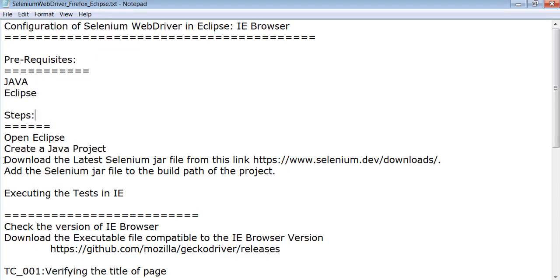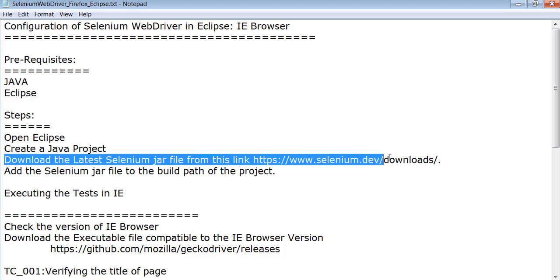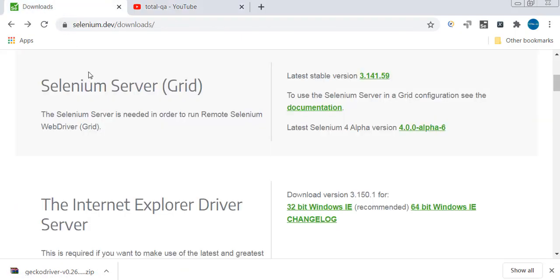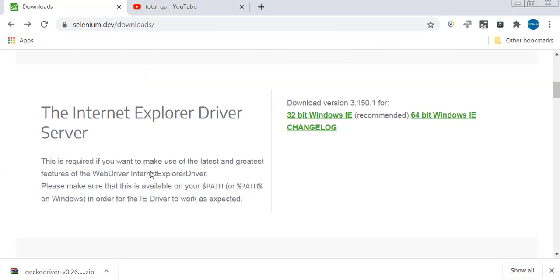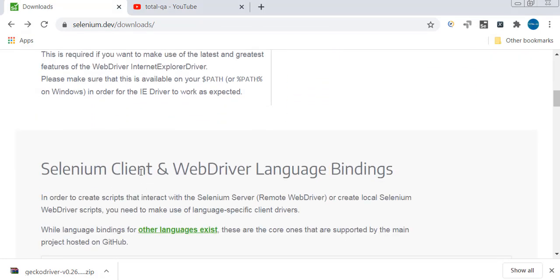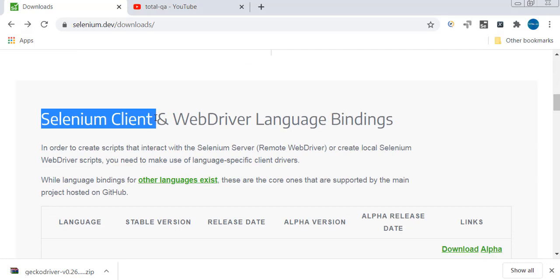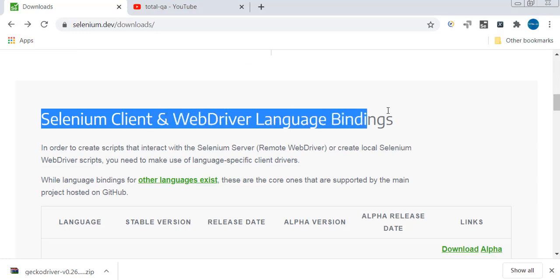After that, download the latest Selenium jar file from the Selenium dev downloads link. This link is already open. In this link, if you scroll down, you will find Selenium client and WebDriver language bindings.